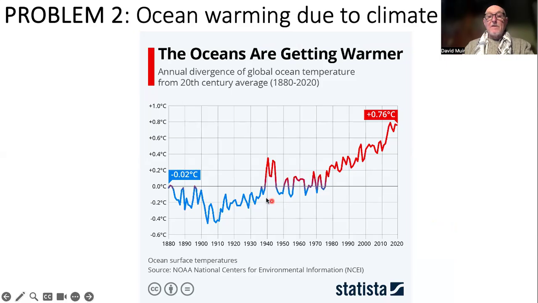So here, for example, we see it particularly from the 1950s. It seems to be the time when we begin to measure all of these things, the great acceleration. We begin to see increases in global ocean temperatures. We now have a global temperature increase of between 0.8 and 0.85. This is 0.76 in 2020. Now, this global increase in temperature of less than 1 degree centigrade doesn't sound like a huge amount, but it